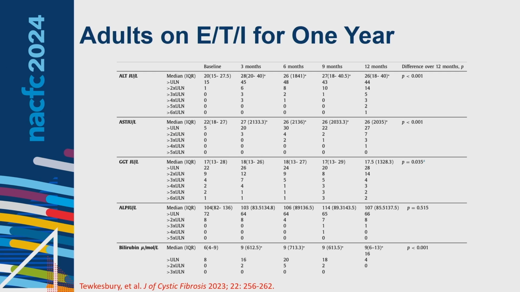But if you look at what those numbers are, we're talking about an ALT change from 20 to 26. That's normal to normal, right? Same thing in AST, GGT, and even for our bilirubins, really not too far off. So we really get into the idea with this data, are we talking about a statistical significance, or are we talking about a clinical significance? And I would say really what this data is showing us is that even though the numbers come out in a statistical formula as being something, you really don't see much difference. And if you look at those cutoffs of 3 times and 5 times the upper level of normal, it's a very small number of patients that actually reach that threshold.